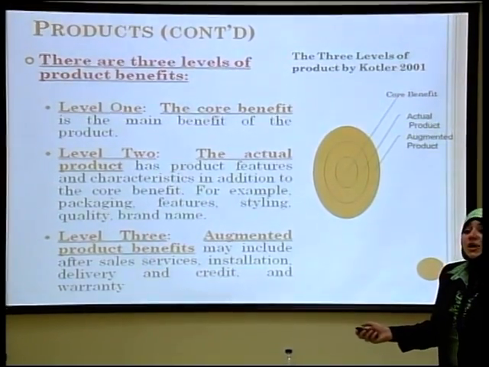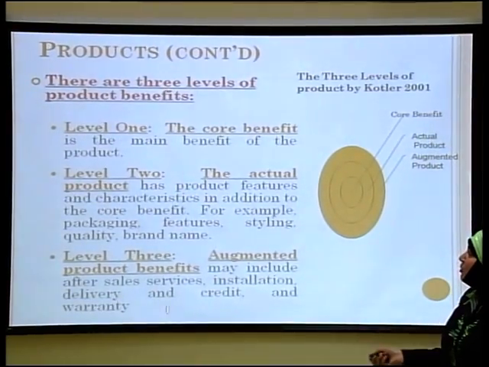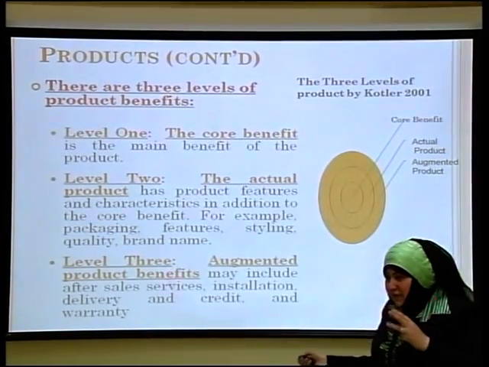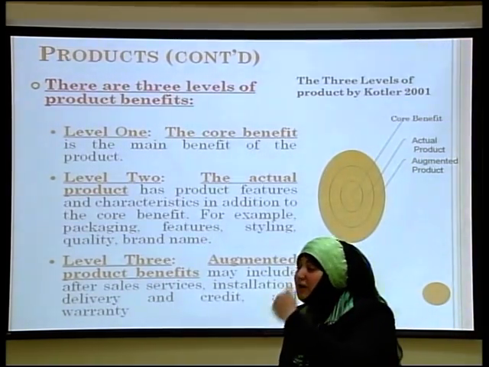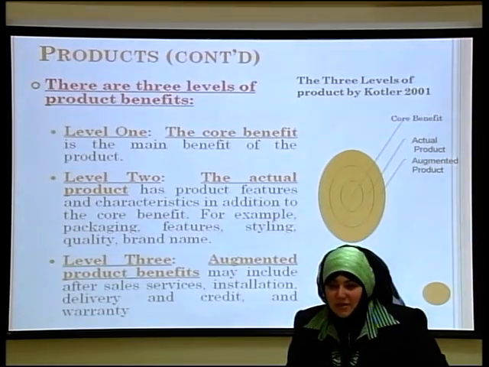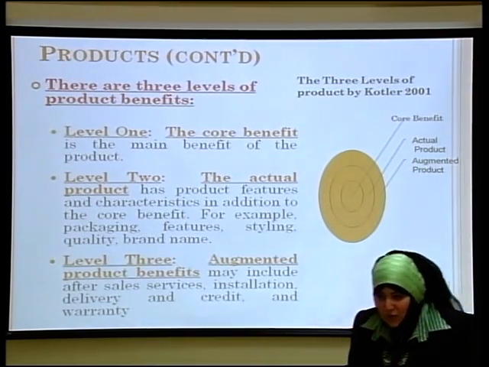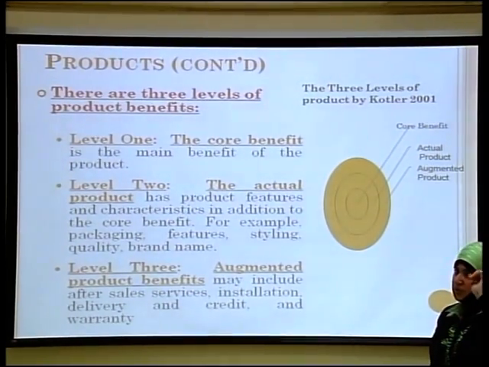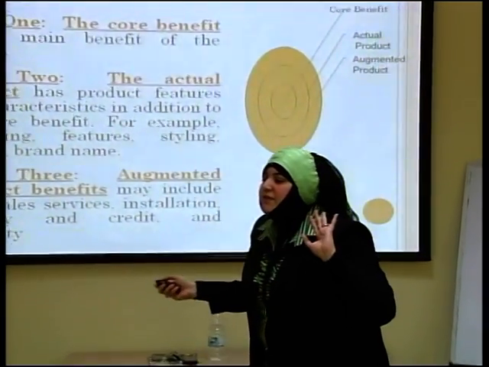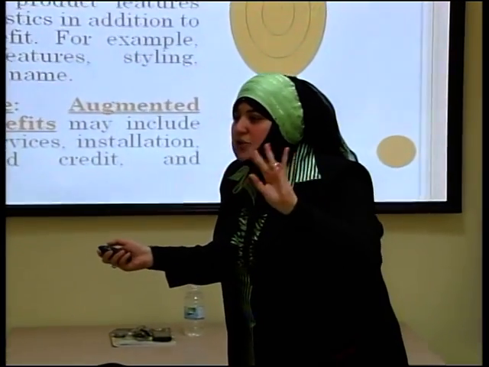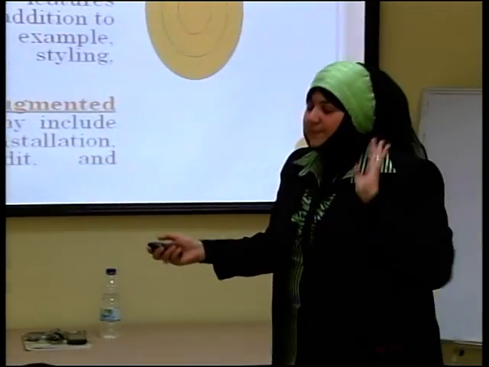As a marketeer, how do you guarantee that your product has these 3 levels of benefits, and that the customers perceive that the product provides them with the 3 levels of benefits? Okay? You understand what we mean by products now? Any questions about this? Okay, very good. So now we know what we mean by products. Products are a bundle of benefits, and we know the 3 levels of product benefits: core, actual, and augmented. Easy? Okay, very good.